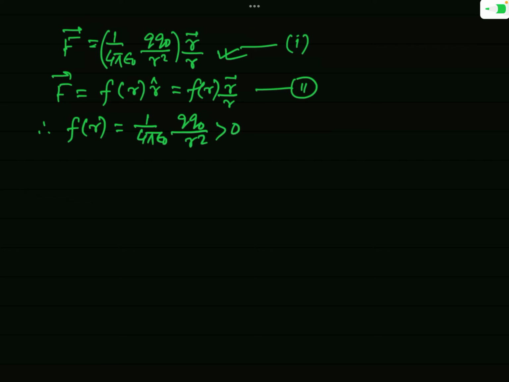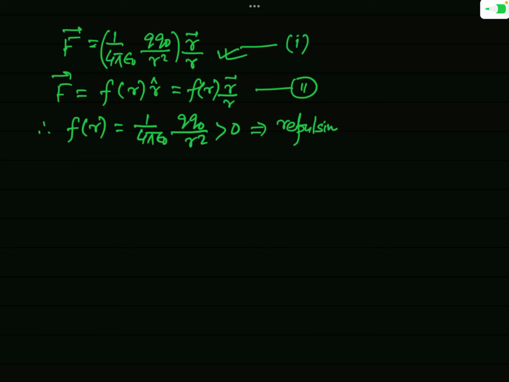So you can see that the expression for the electrostatic force acting on a point charge due to another point charge, which I have defined from Coulomb's law, follows the same symbol or same condition or same criteria as a central force. And so you can say that electrostatic force is a very good example of a central force, and in this condition, when the two charges are of similar sign, then this force is repulsive. This is because this is positive,